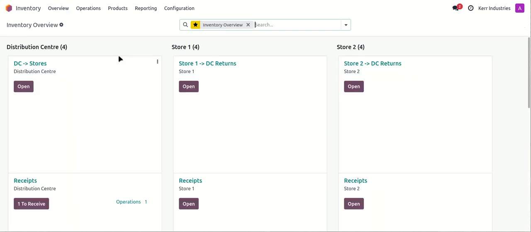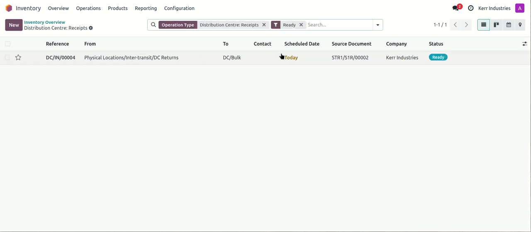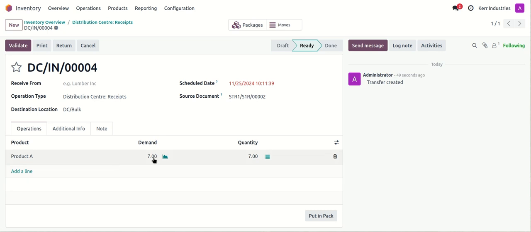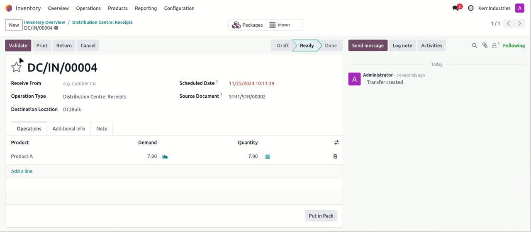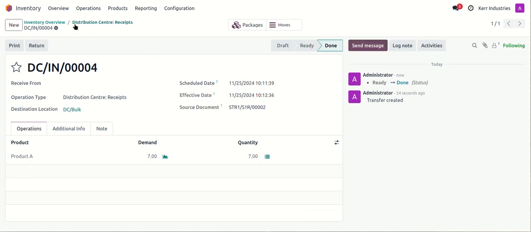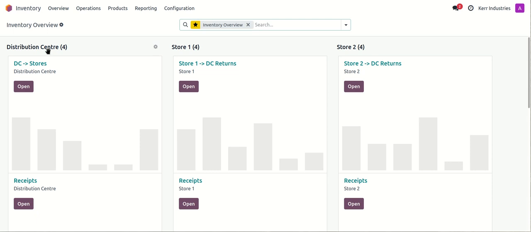So let's go back to the overview, and I can see that the DC now has a one to receive, and here it is. I can see it's going to land in DC bulk, and I can see the package that it belongs to, and so validate and done. So that demonstrates that process of we took some stock and put it into a box. We then moved the box across to store 1, I think it was, and then we returned the entire box without unpacking it or doing anything with it back to the DC